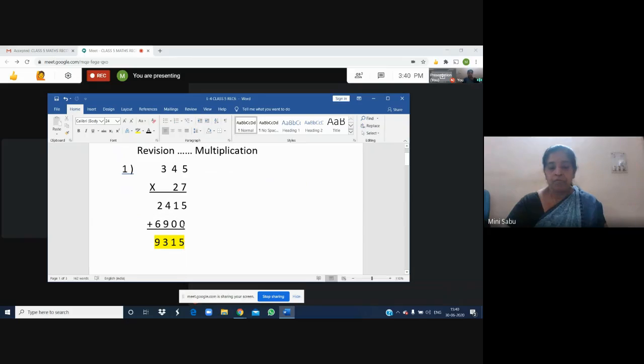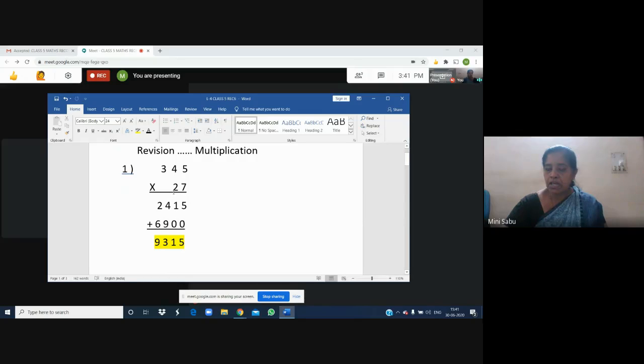2 steps. And now in the second step we are going to multiply with 2. 2 is a digit in the tens place. So in ones place we will put a 0. And then we will start multiplying 2 and 5. 2 5s are 10. 0 is here and carryover will go here. Okay, then 2 4s are 8. 8 and 1, 9. 3 2s are 6.